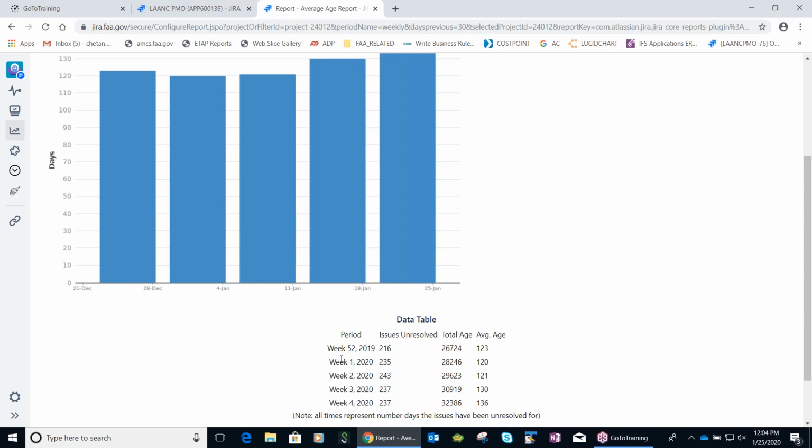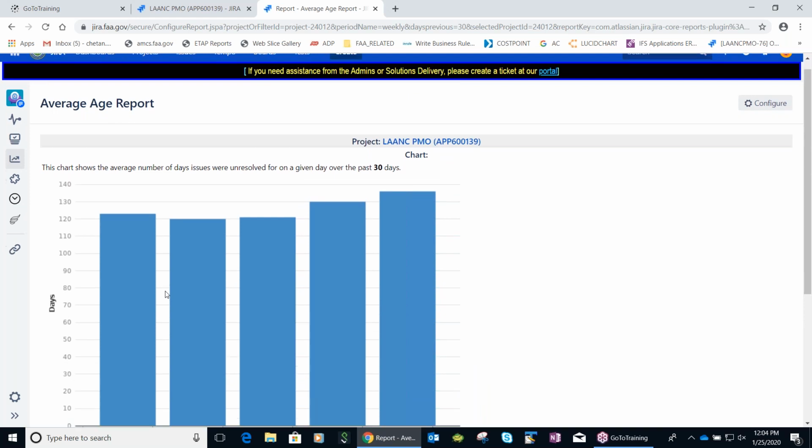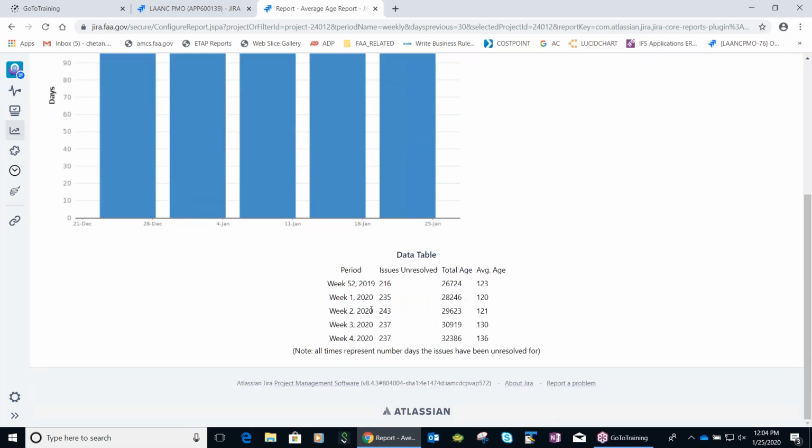So week 1, we have 235 issues unresolved, and the total age is this, collectively, and the average age is 120. So I'm assuming they are getting the data by dividing these two numbers.